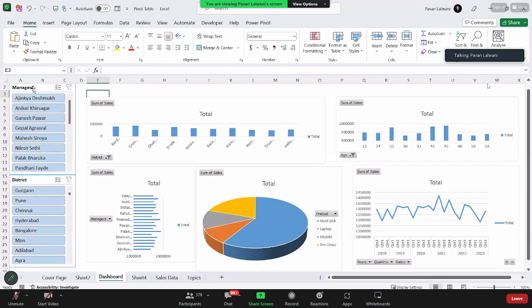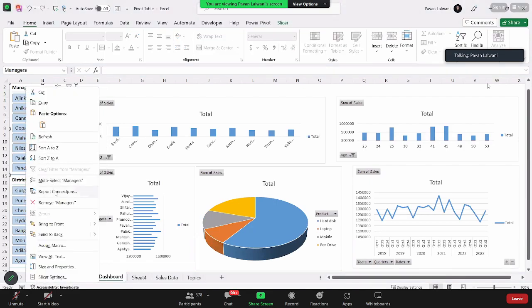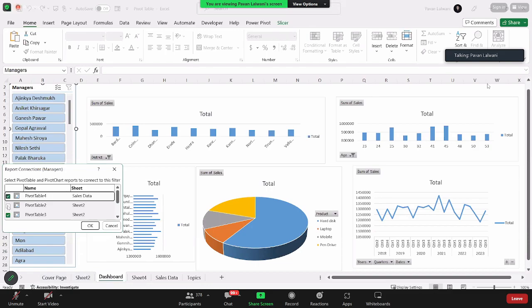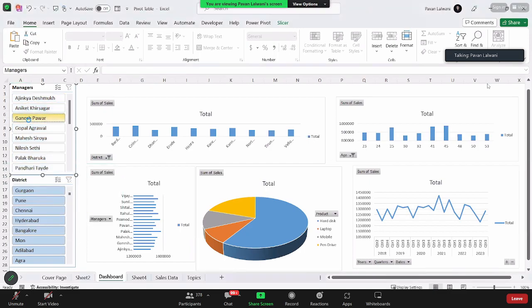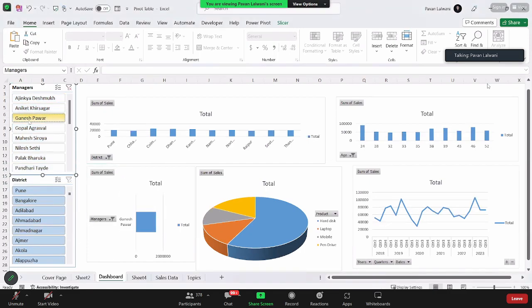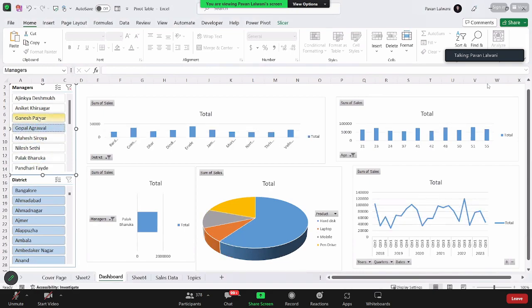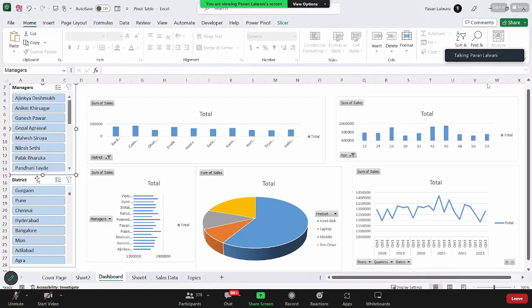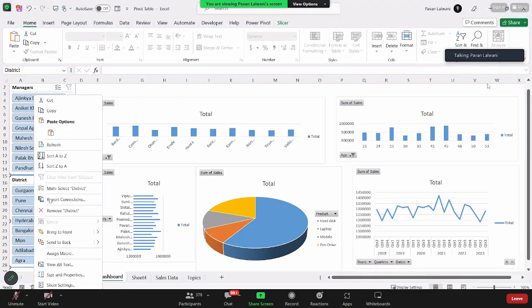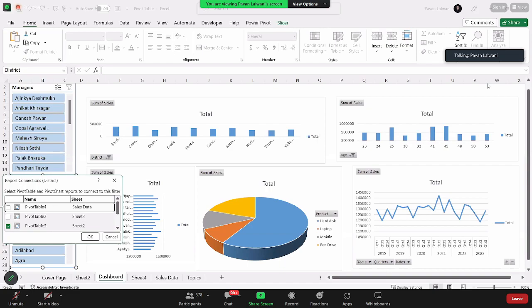So then I can right click on the slicer and choose Report Connections. And here I can select all the reports, all the pivot tables, and click on OK. Now when I select Ganesh Pawar, I'm getting the whole detail about Ganesh Pawar, Gopal Agarwal, Mahesh Siroya, and so on. I'm getting all the answers about these people. I repeat, suppose I right click on this district, Report Connections. I want to connect all the pivot charts and pivot tables with this particular slicer, and I can click